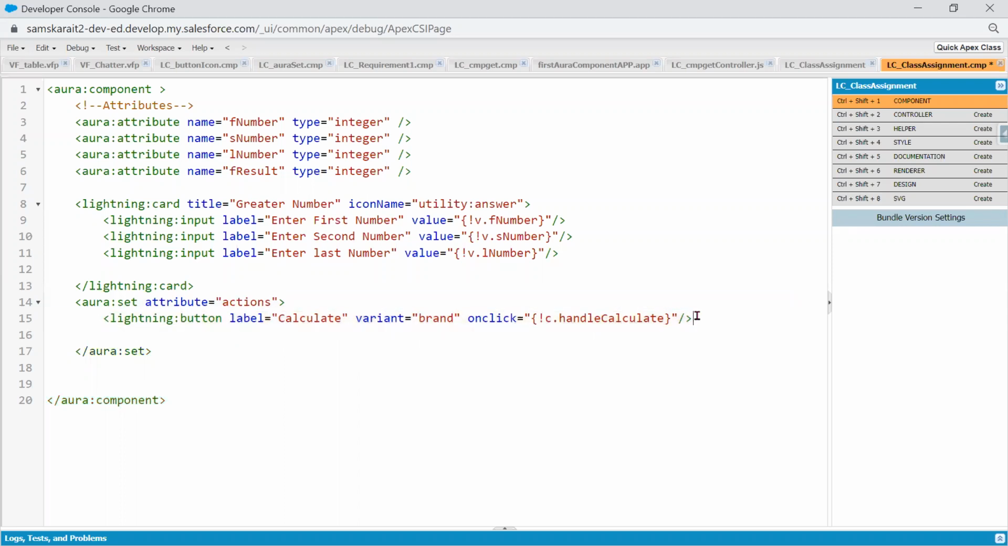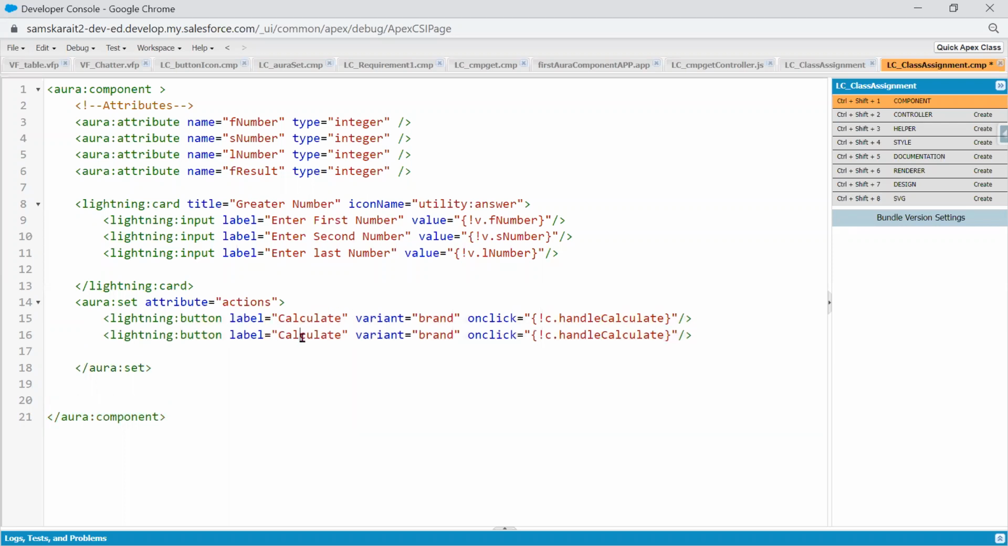How many buttons do I need? Two. One reset button, clear. Clear, okay. Then the result in the card. The result is